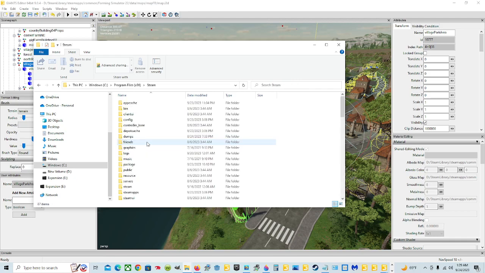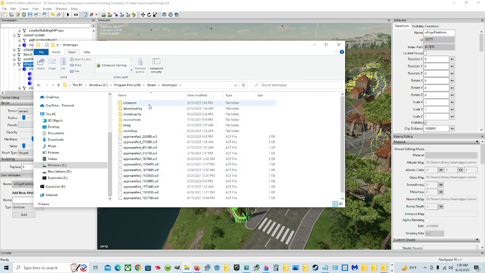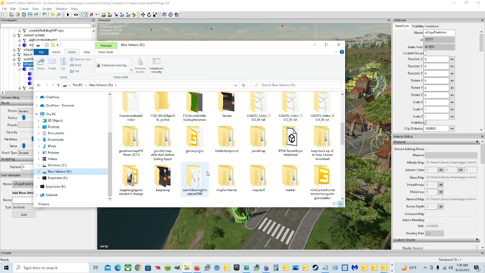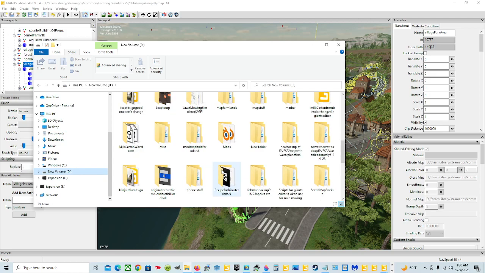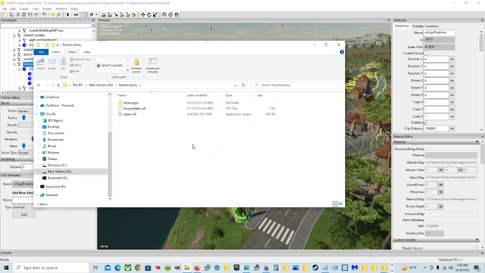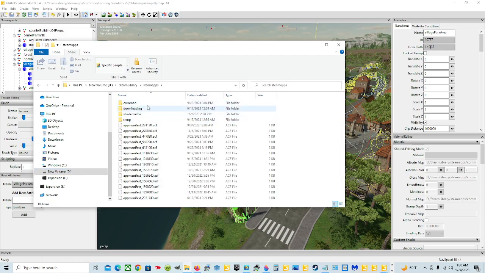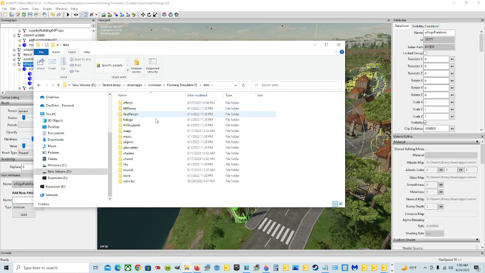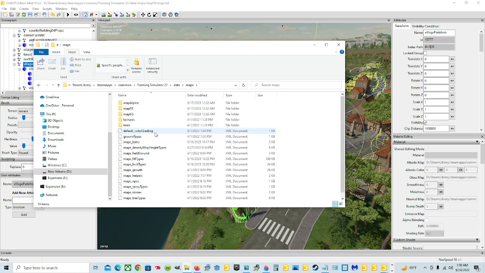You go to Steam, double click, and then Steam Apps, double click, Common, double click, and then find Farming Simulator, whatever one you're doing, which in this case is 22, but in my case it's in D drive and it's under Steam Library. That's where I'm going to go, but it depends on where yours is. I don't know where yours is, so we're going to go in here, double click Steam Apps, double click Common, double click Farming Simulator 22, double click Data, double click, and in this case Maps, double click, and then